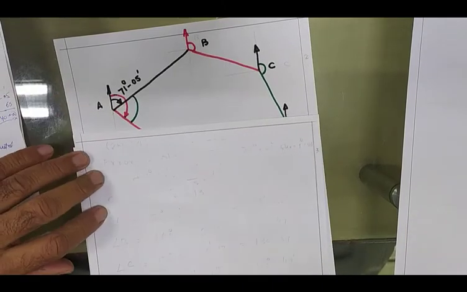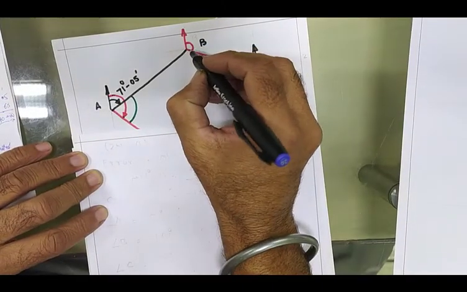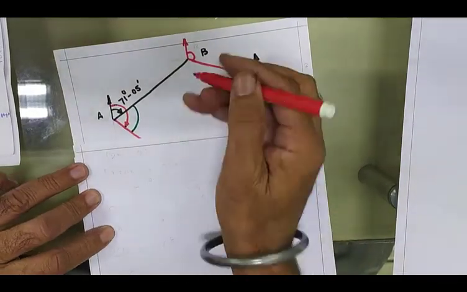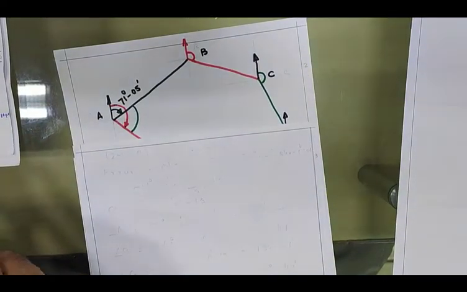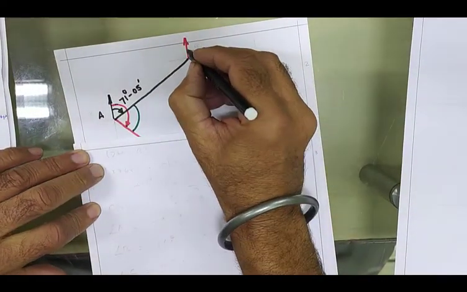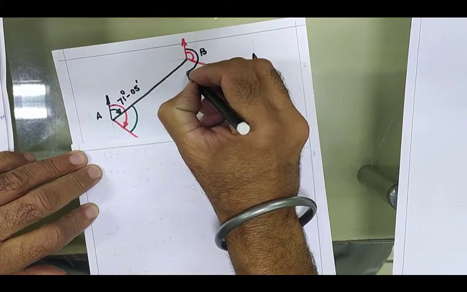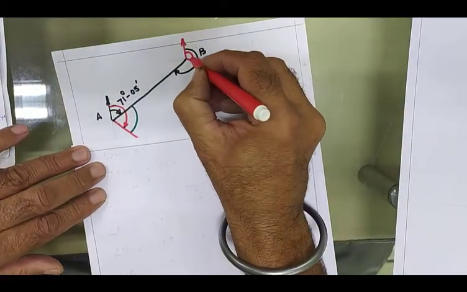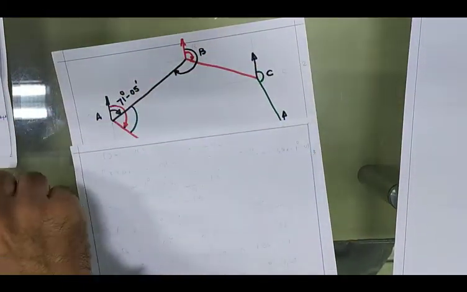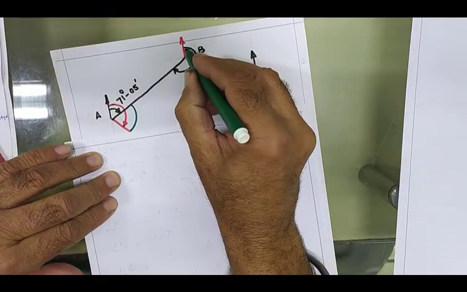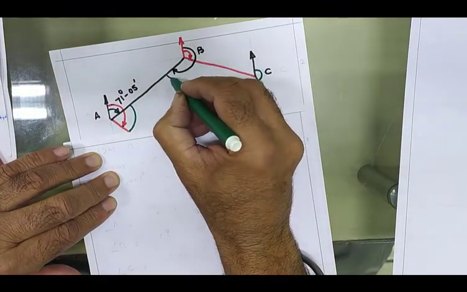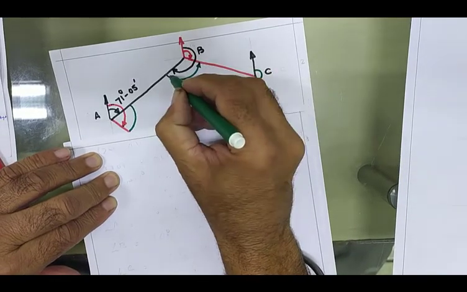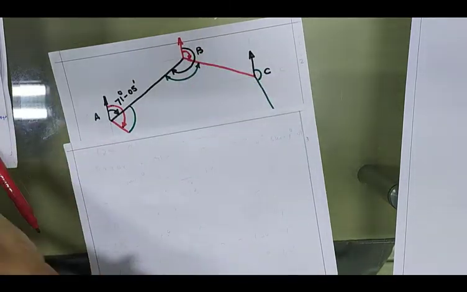Now I have to calculate the angle B. Again, it is the forebearing and back bearing. So for angle B, this one is my back bearing of line AB. From here you deduct the forebearing of line BC, this much angle. The remaining angle is this much. So from this you deduct this one, and the remaining angle is my included angle B. I have to calculate this again because the traverse is plotted in the anti-clockwise direction.